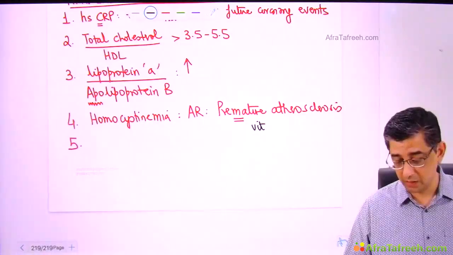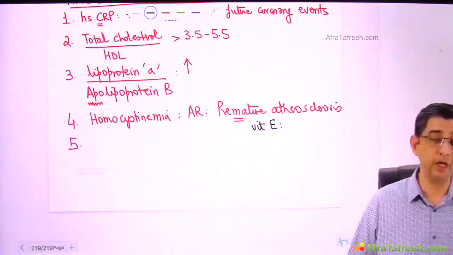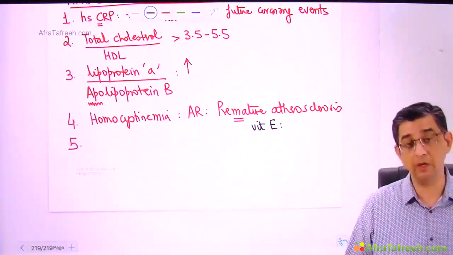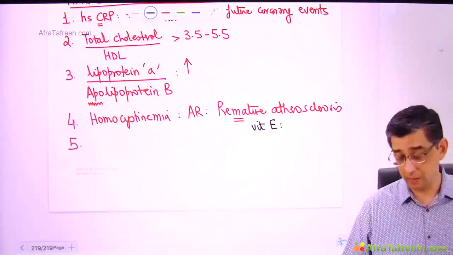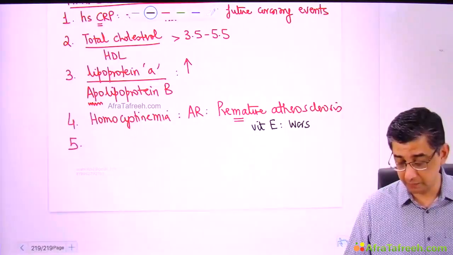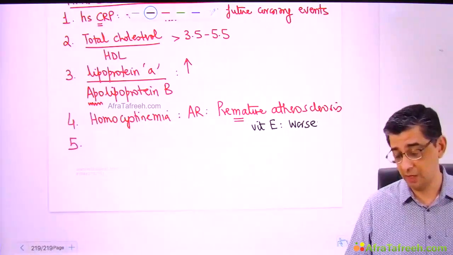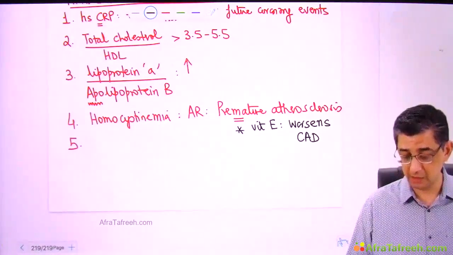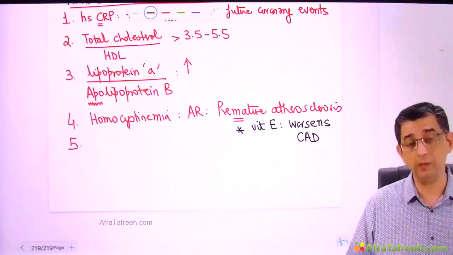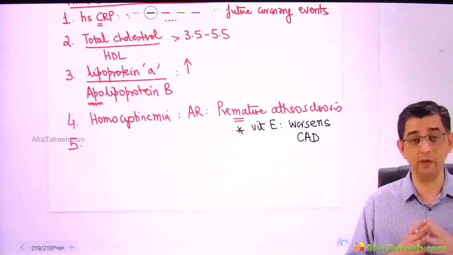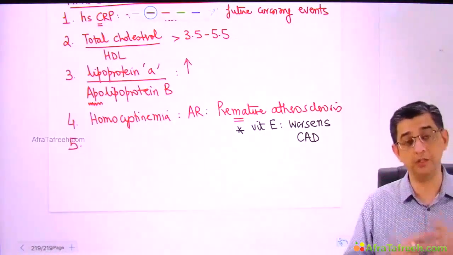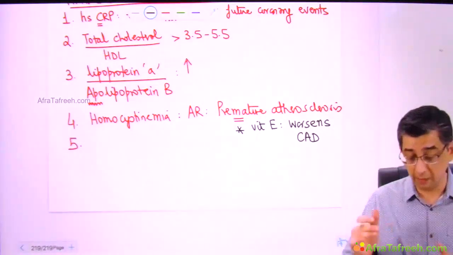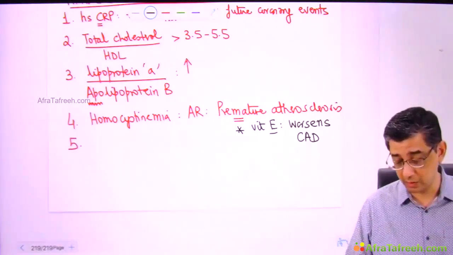I at this junction want to highlight that vitamin E, right, it's an antioxidant. And we as doctors are always bred on the concept that antioxidants are good for the heart. But I want to tell you a very surprising statement which was picked up from Harrison and was asked in the exam. Vitamin E per se worsens coronary artery disease. Guys, this might initially come as a shock to you because right through our medical college, it is drilled into our heads that antioxidants are going to be good for diabetic patients, good for heart disease patients. Yes, antioxidants are good for diabetics. But vitamin E per se, the antioxidant, worsens coronary artery disease.